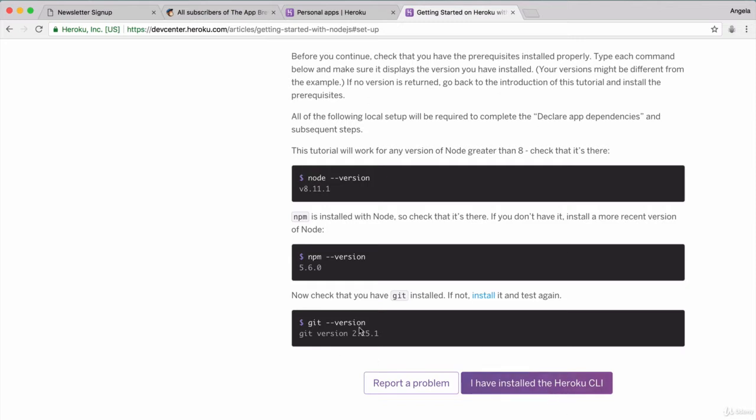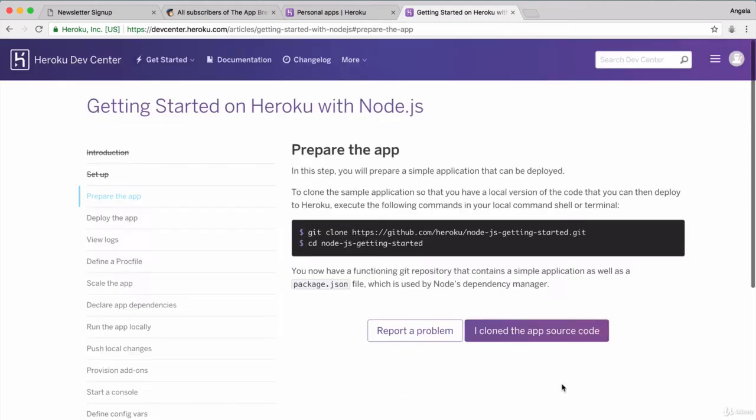And once you've checked all 3 of these and everything's ready to go, then we can click and confirm and go to the next step. So the next step is to prepare our app. So in their case, they're asking you to use their sample app, which is something that they've